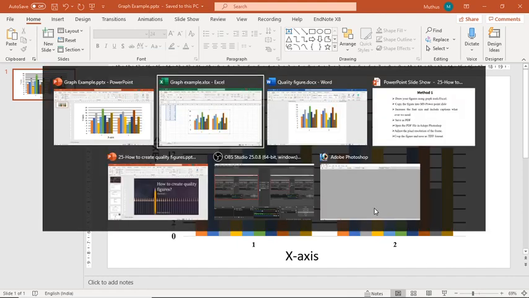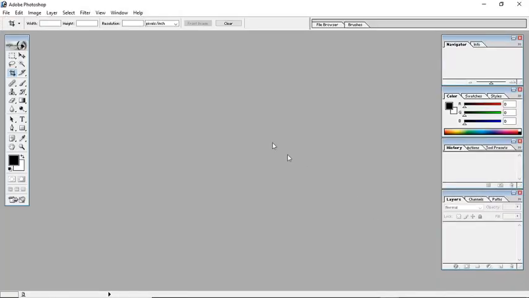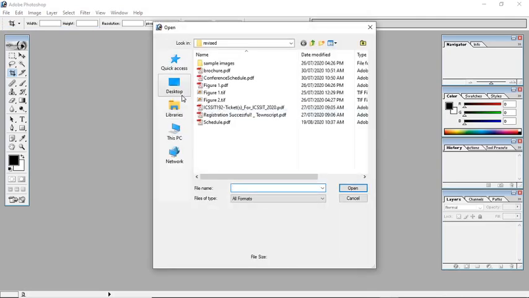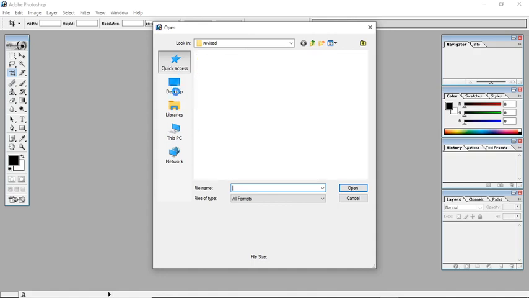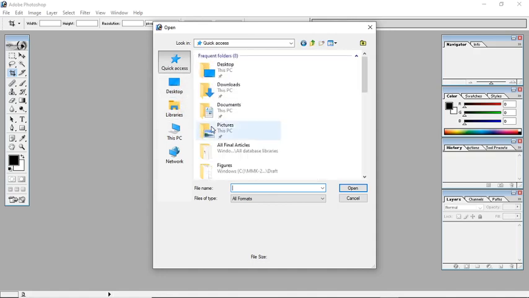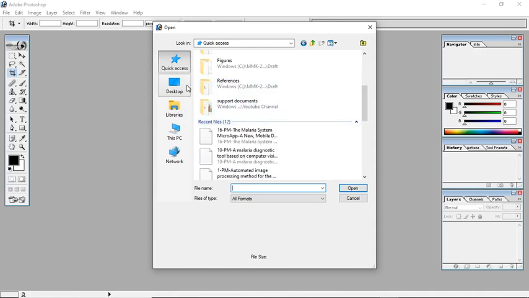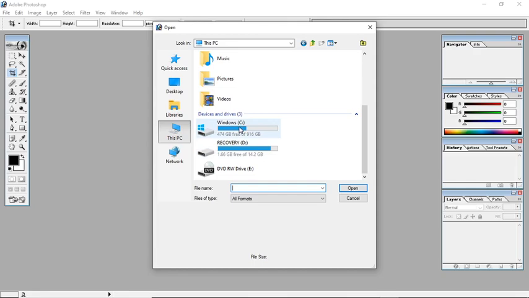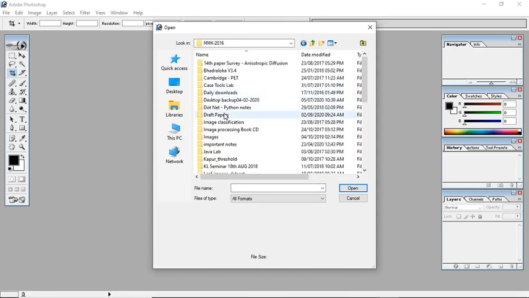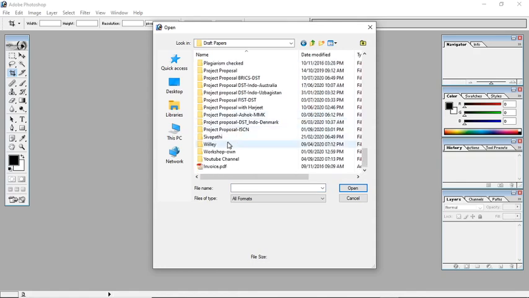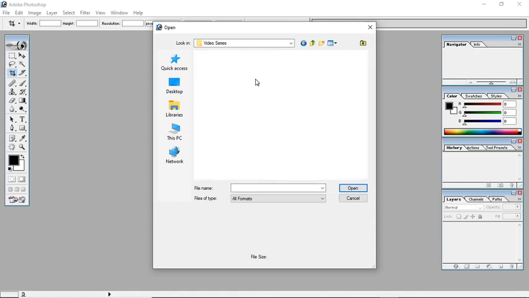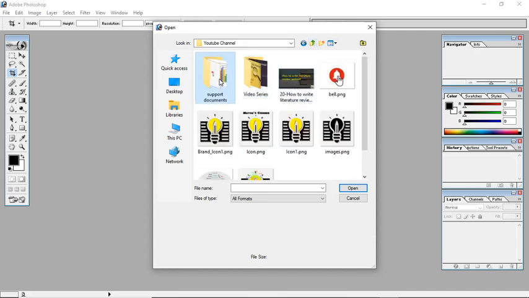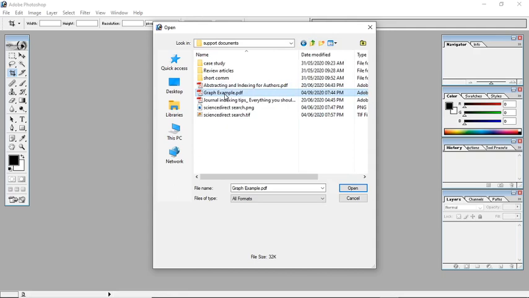Then I am opening Photoshop. Here I am opening the PDF file, from the folder, the graph example PDF file.